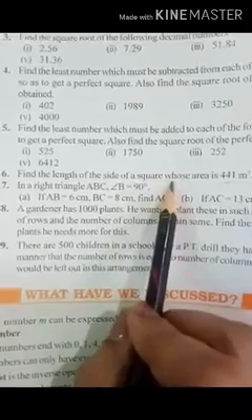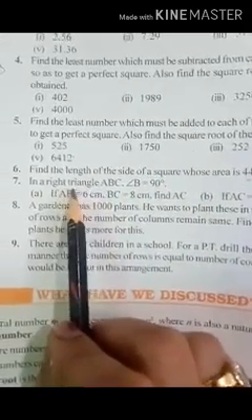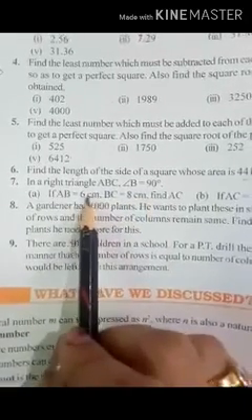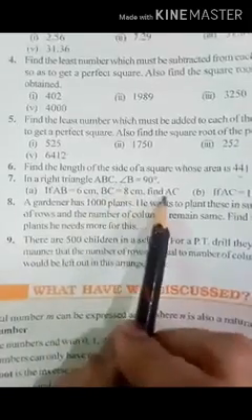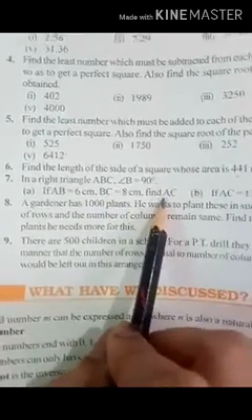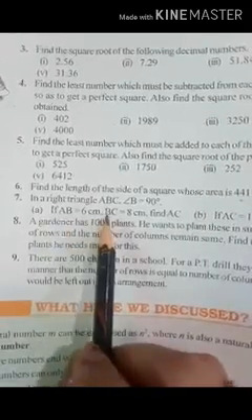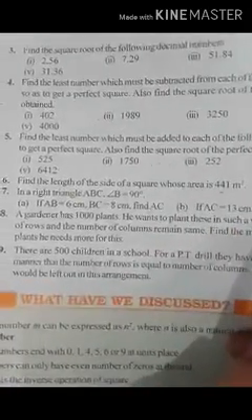This is simple. Here you have to use the Pythagoras theorem. Question 7 is, a right triangle is given. Angle B is 90 degrees. So if angle B is 90 degrees, AC will always be the hypotenuse, the greatest side. And if you remember, AB square plus BC square will always give you AC square. Okay? A square plus B square is equal to C square. It is that question.